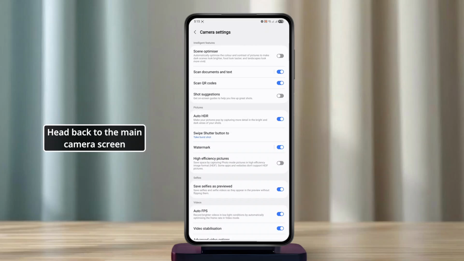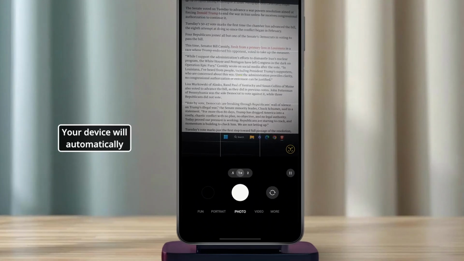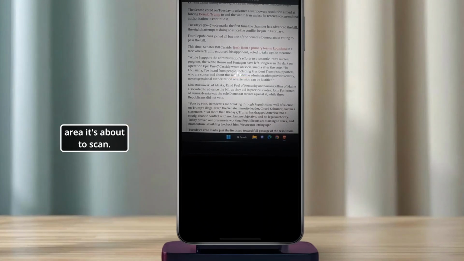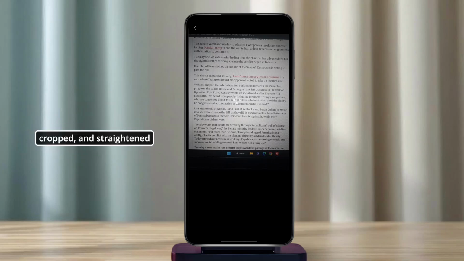Head back to the main camera screen and point your camera at any document, receipt, ID, or printed page. Your device will automatically detect the edges and highlight the area it's about to scan. When the scan prompt appears on screen, tap it, and your camera will capture a clean, cropped, and straightened version